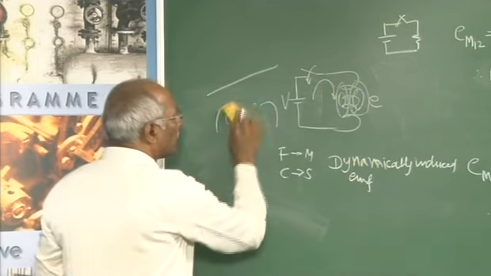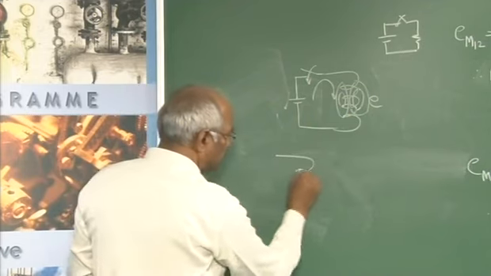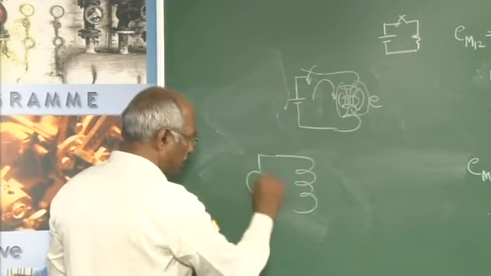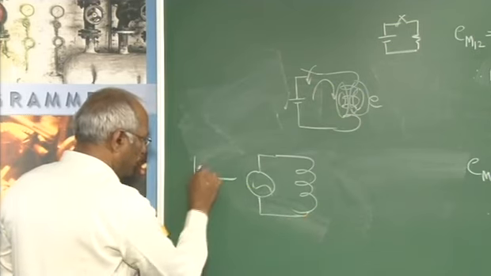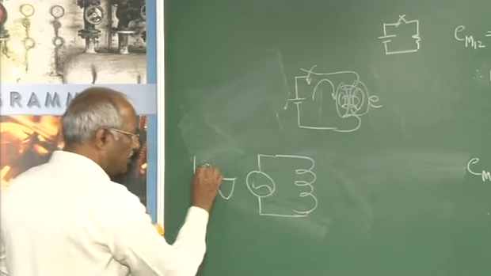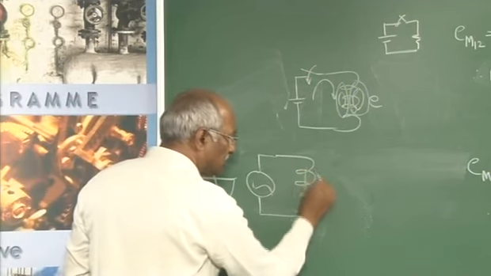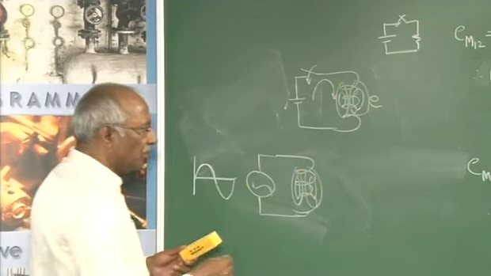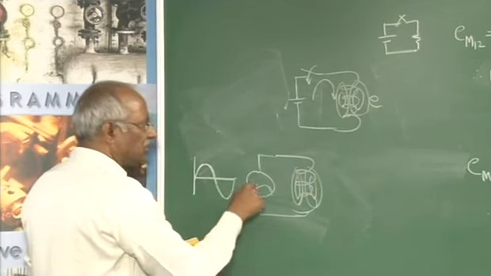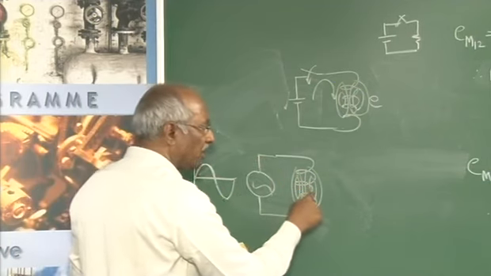On the other hand, if you go for an AC circuit, this is the coil and this is the AC applied. We will observe here now the current is changing with respect to time. Therefore, the flux produced by the coil is also changing with respect to time, not only in magnitude but also direction. Therefore, as the voltage changes, current also changes, flux linked with this also changes. Therefore, there will be an induced EMF.